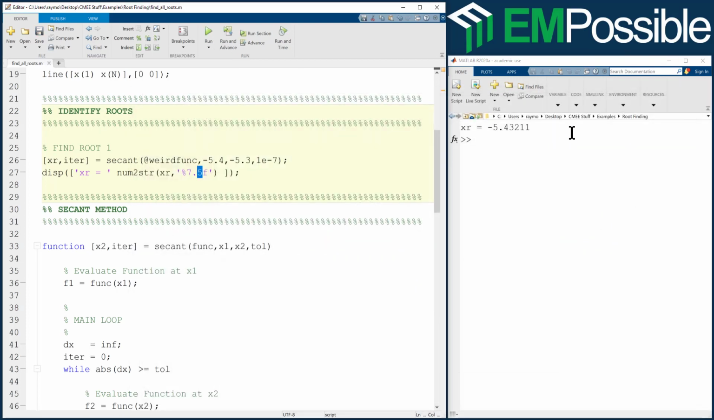So we see that. And we want to also know the number of iterations. So we'll just add on to that text string, and we'll say num2str(iter). That's just an integer, so we don't need to format it at all. Iterations. And now if we run it,